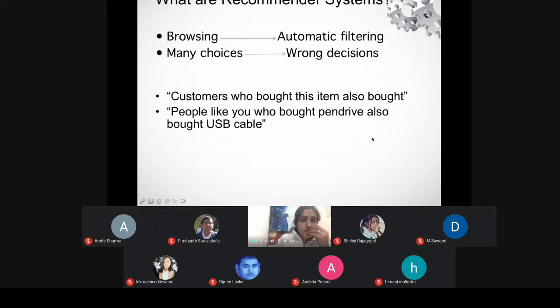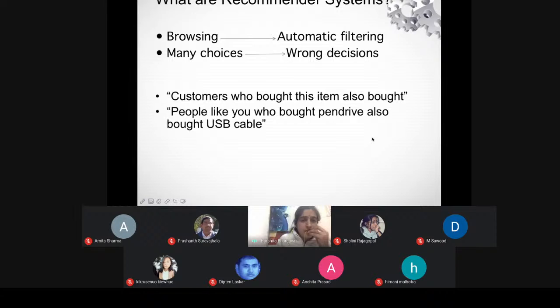Now, the initial pattern was that you browse for these items through websites or through Google search engines, like the search engines we use. For that purpose, we filter out the items that are suitable as per our choices, as per our parameters. We select the particular product or the particular item. It can be a movie, it can be music also, but that took time. For this purpose, recommendation systems were employed. Now, what they do is perform automatic filtering. They take up your feedback, and that feedback may be in the form of ratings.